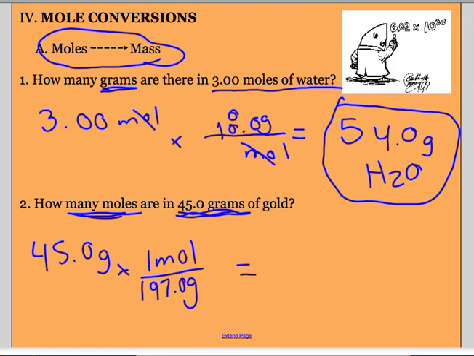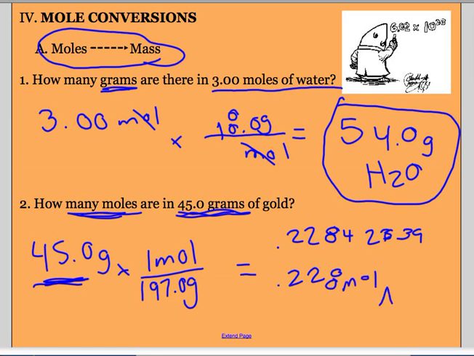So to do the math, I'm going to take 45 times 1 divided by 197. And you should get, hold on, let me just see if I actually get exactly that or if I need to write it out. Okay, so you get this big thing, 0.228426639. You need to round it, and what's important is what you started with. We had 3 sig figs, that means our answer has to have 3, so our answer is 0.228